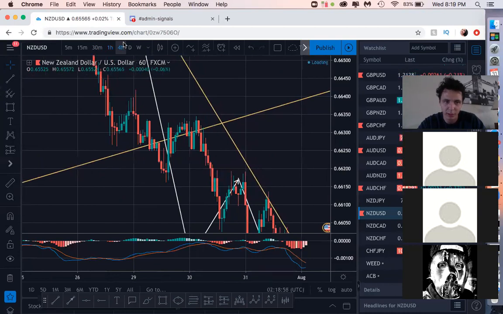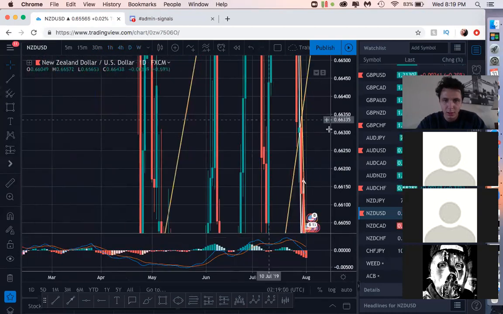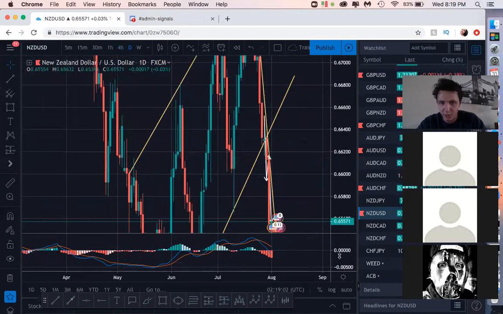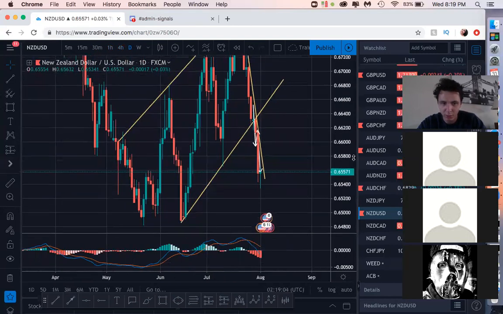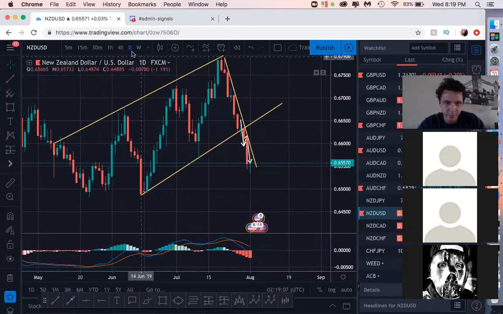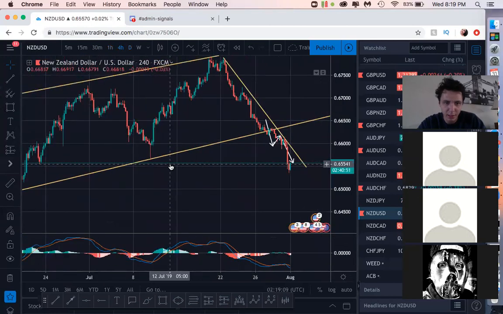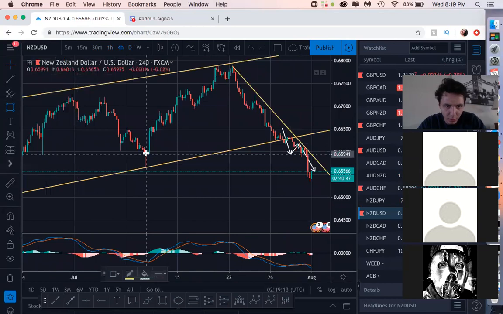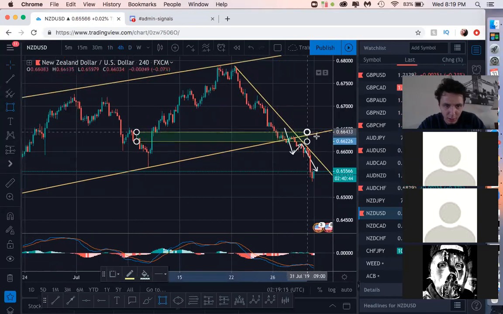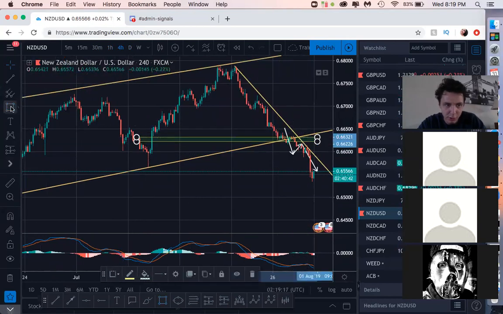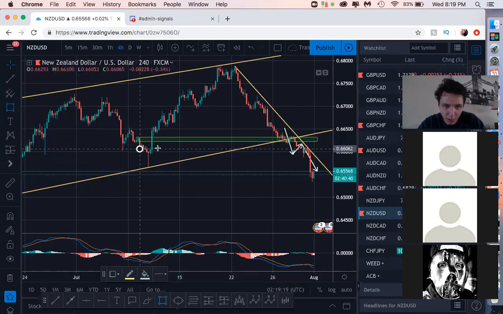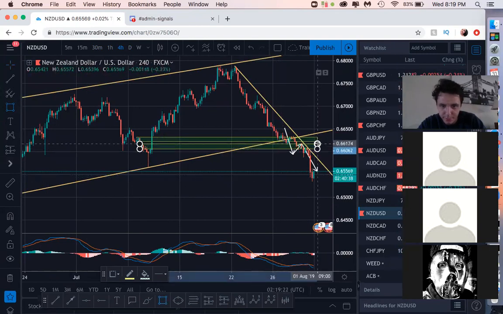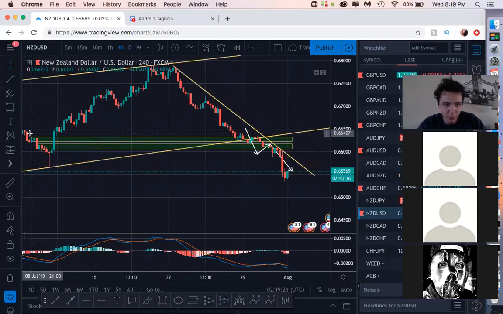Let me go back. Because yeah, the order blocks are really a really good, powerful tool. They can definitely get you some good entries. We've had one here. These green candles in the bearish trend. And we had one here. So yeah, these are our two order blocks.